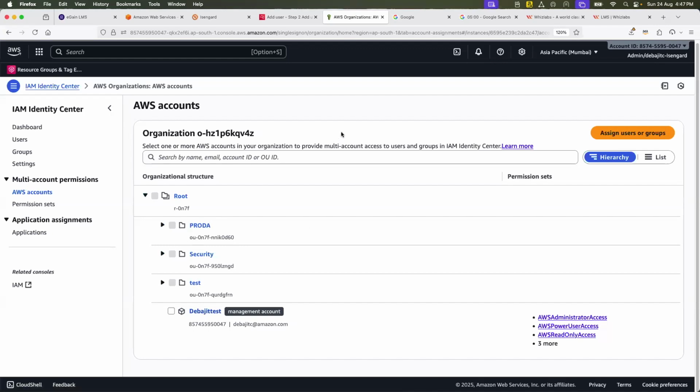And as a DBA, as a cloud security person, or maybe architect or engineer consultant, whatever you are, you should access all of the AWS accounts by using your own single credentials, right? So that for each and every account, you don't need to remember individual user ID and password. So this is the problem, right? If you log into your AWS account, and if you create another AWS account, you need to create the user ID and password for that account also. Now, those things you don't need to remember. All you need to remember is your one credentials. So from here, you can assign multiple AWS accounts as well.